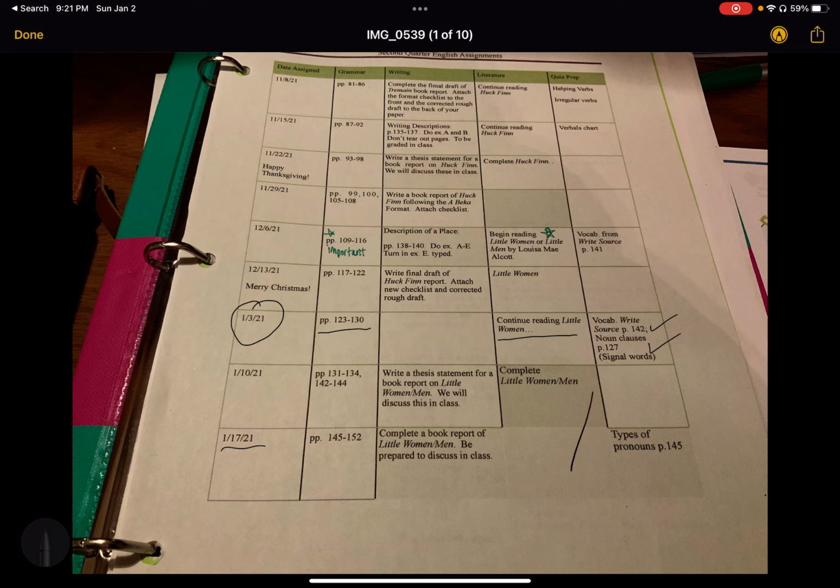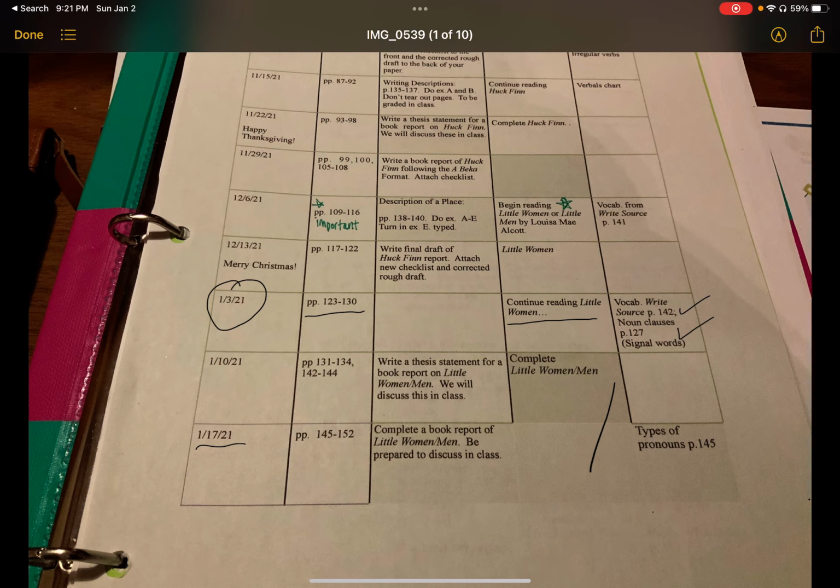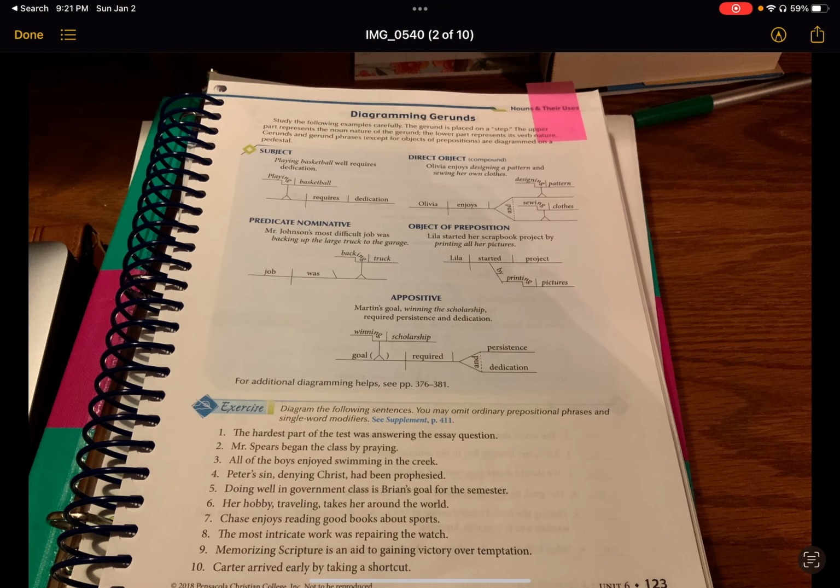Let me just move on to the next picture. Okay, so the first page is 123, and it's on diagramming gerunds. And you all know that gerunds are one of those verbals. The gerunds are the ones that always act as nouns, and they end in ing. Okay. If you look at these examples,